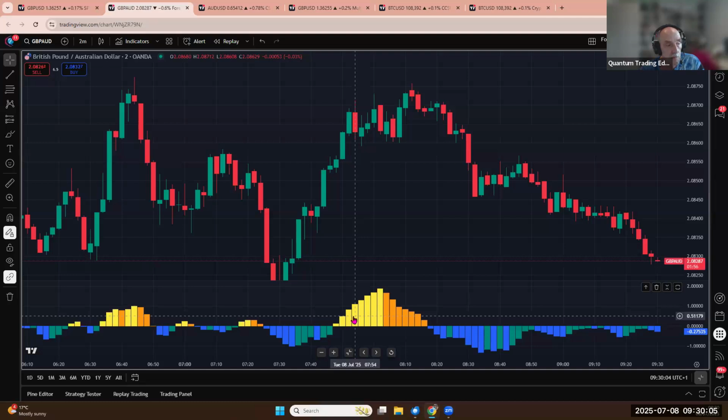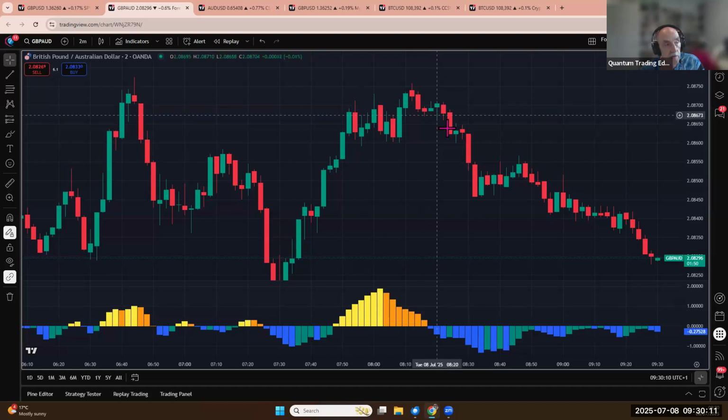Equally, in a move lower, we want to see the same thing. We want to see rising volume, as we saw here. So as this reversal in trend gets underway, we see the same effect here. We see the bright blue bars rising. They're increasing in height. They're delivering further confirmation that this is a trend that has got some momentum to it. Then as that momentum